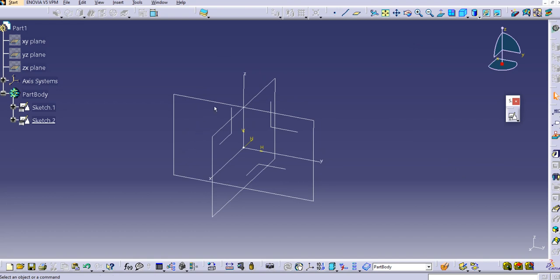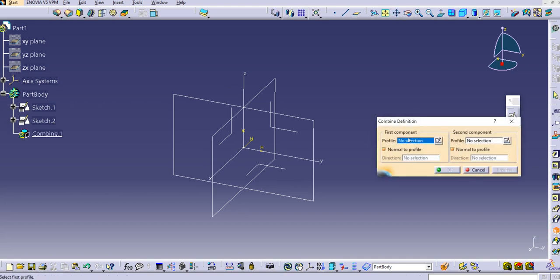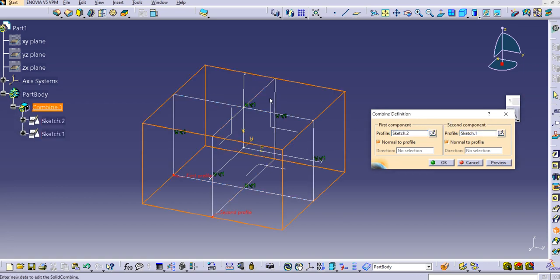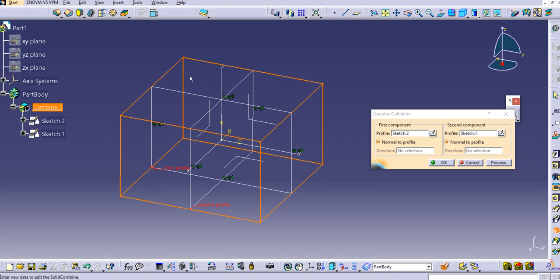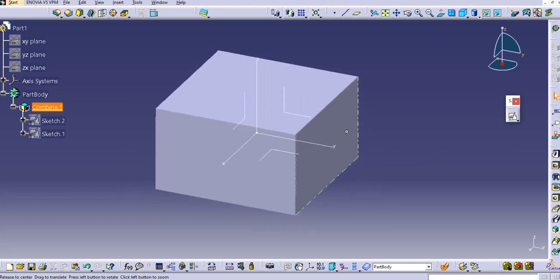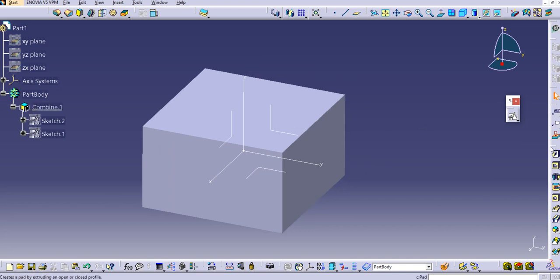So now we can use the combine command over here to combine these two sketches. So just select this Solid Combine, and what we need to provide is the first component, a profile. That is, the first profile we need to select, which is on a different plane, and similarly the second component, again a profile on a different plane. So here select this first profile and then select this second profile. So you will get a preview over here. You can see the complete combined object is created, and just click on OK. So you can see the cube is created,